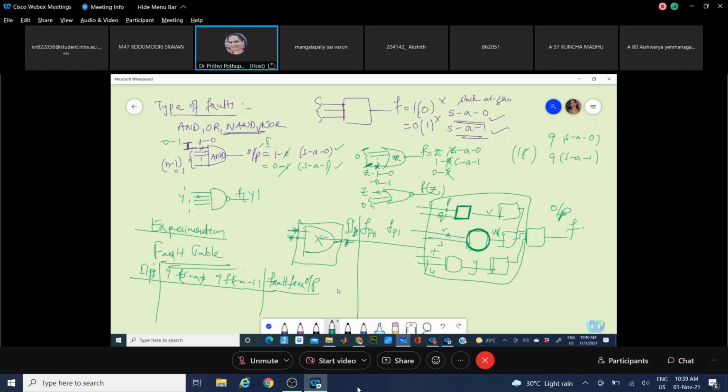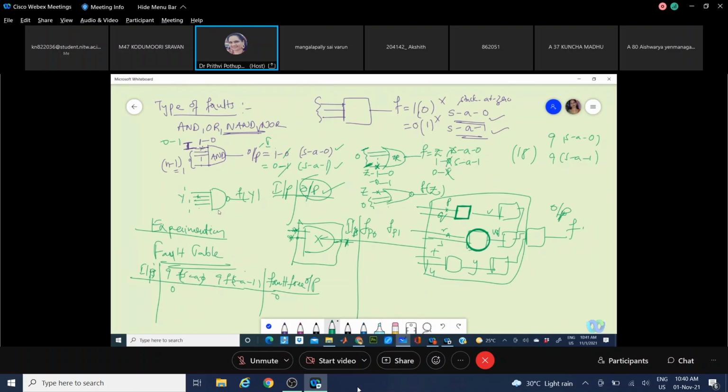Where do you get this data? This is the truth table you derive from the description of the problem. That means normal input versus output from the problem statement. This is the fault-free response that your system has to give. According to the specifications, we derive this truth table. Now, these experimented values will be compared with the output of the truth table. If this line is 0 and the fault-free line is 0, both are the same.